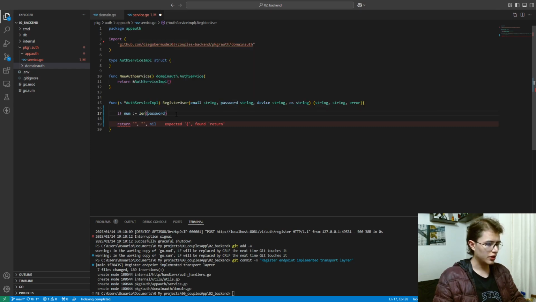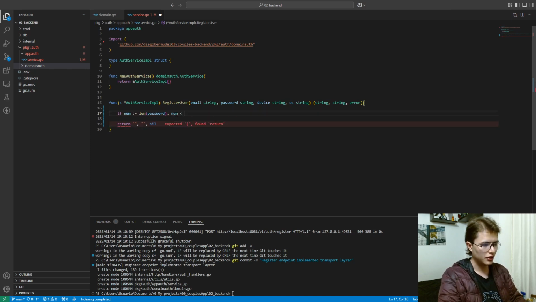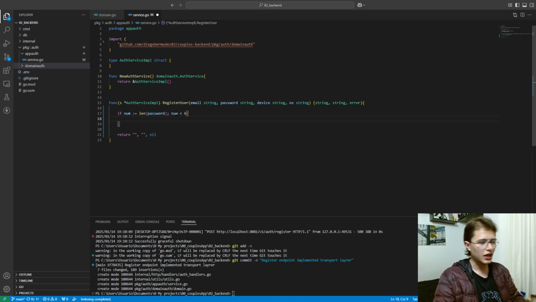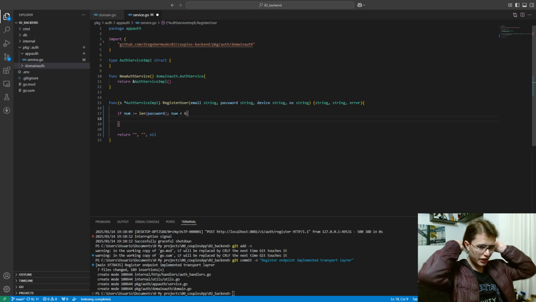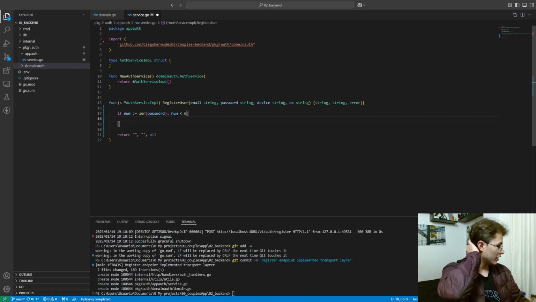If it is less than, let's say, I think 6 is a good number. Because this isn't a very critical information application, so I'm not going to exaggerate about the security of the